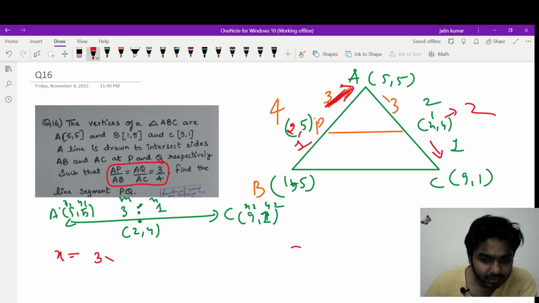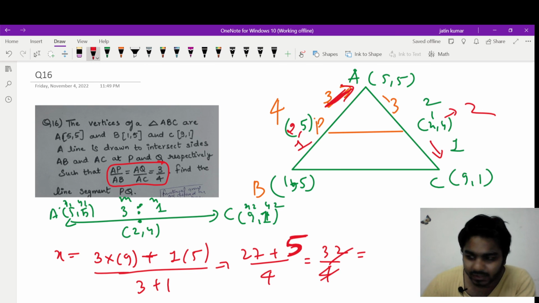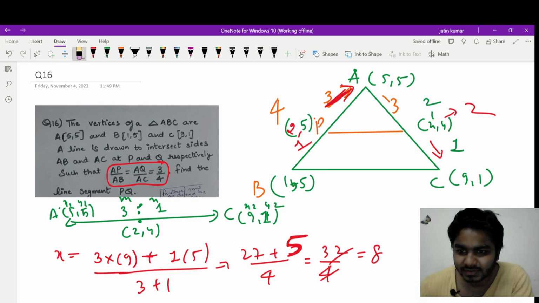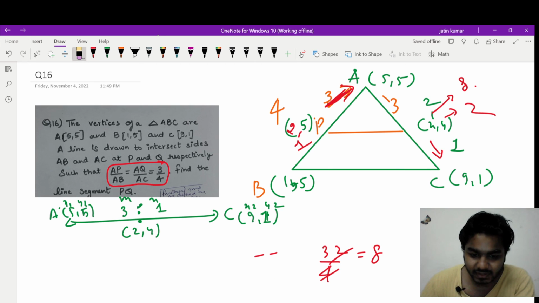Let's find the x coordinate again. x is equal to m 9, oh sorry, sorry, sorry, so this becomes 9, right: m x2 plus n x1 upon m plus n, which is 3 plus 1. So 27 plus 5 upon 4, so it will be 27 plus 5 is 32 upon 4, so x is 8. So the book answer is wrong. So x is 8, sorry I have taken more time. Here in the book the solution is (5,2) but the right answer is (8,2). That's why I got confused.